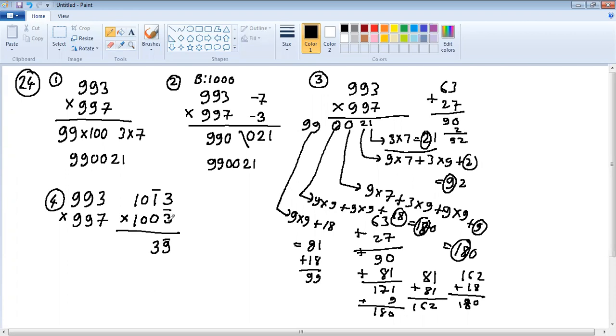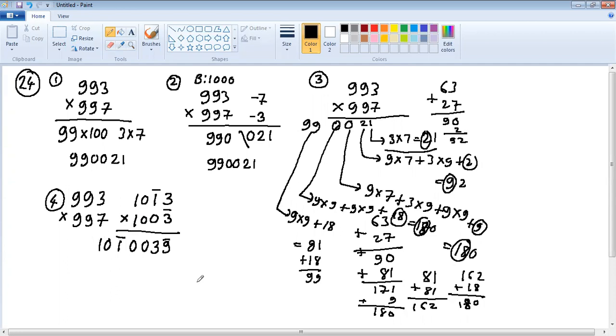Next, 0 plus 0 plus 0 is 0. If one number is 0, the product is 0. 0 plus 0 plus 0. Next, the fourth step: minus 3 plus 3 is 0. 0, 0. Simple, you can say. Next, this is minus 1. Minus 1 plus 1 is minus 1, and this is 0, so the final effective answer is minus 1. 0, minus 1, 0. 0, 0 is 0. And the last step, 1 into 1 is 1.